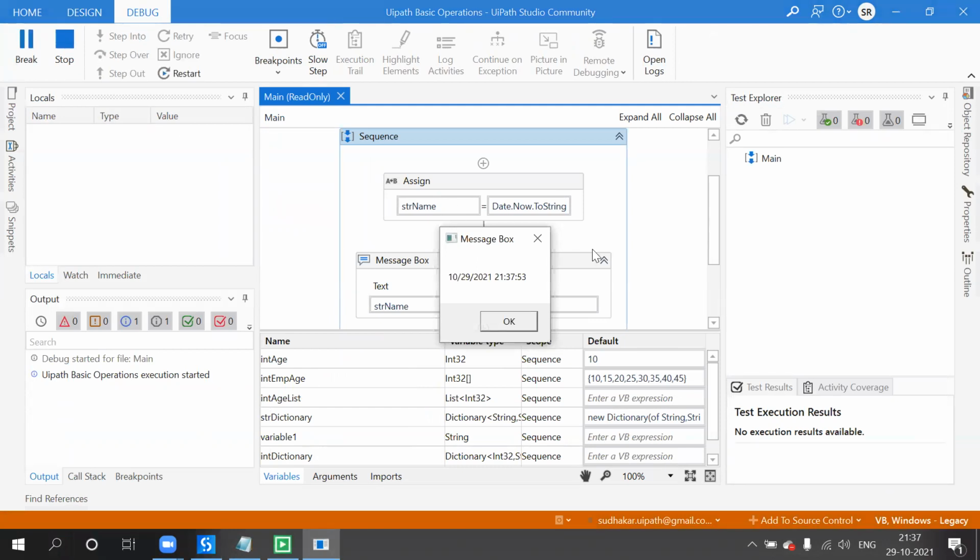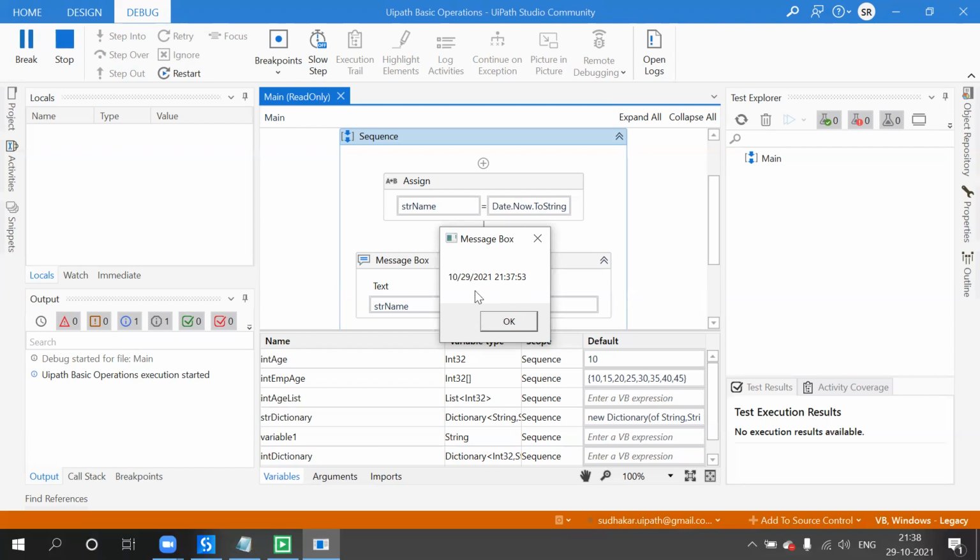See now, the difference between date dot now dot to string and today: if I use today, it did not display the time, but when I use date dot now, it displays the time with the date. That is one of the differences.